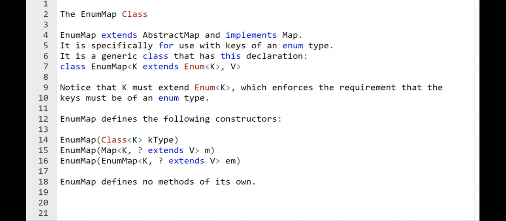So with this, we completed the map classes and interfaces. In our next class, we shall study the comparators, and how we can write the comparators for these maps.